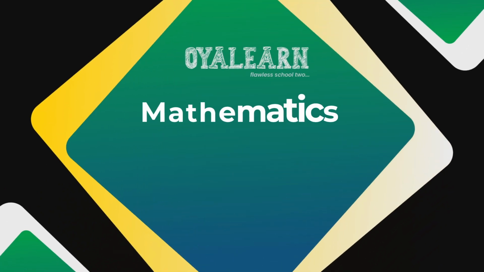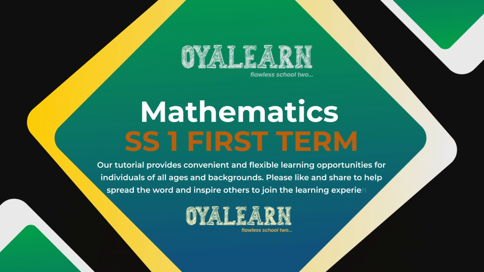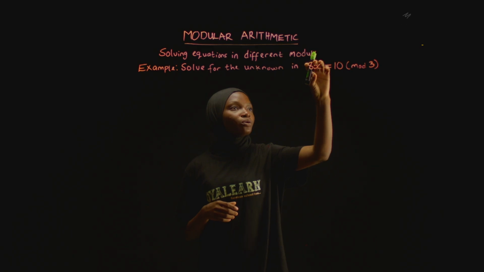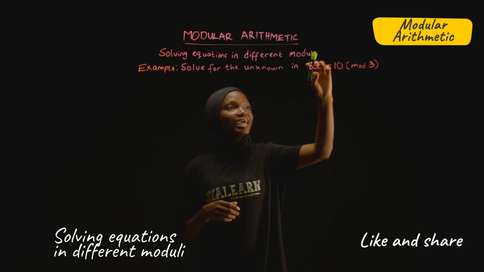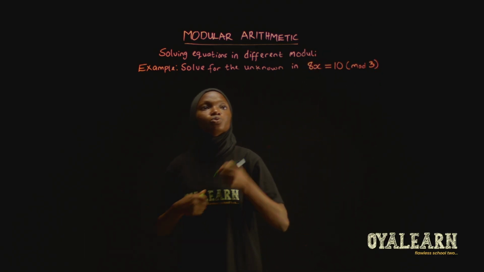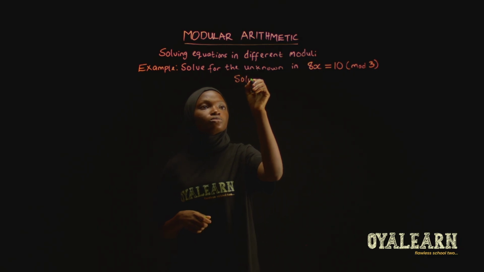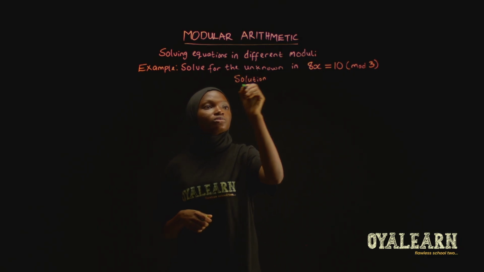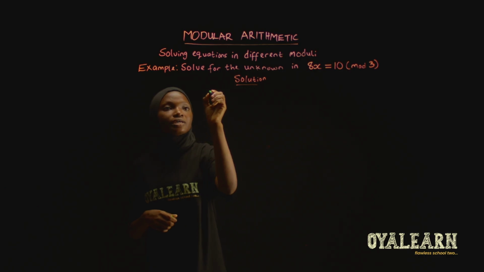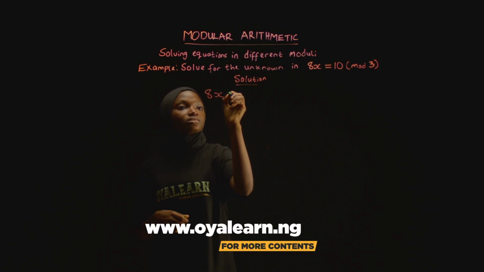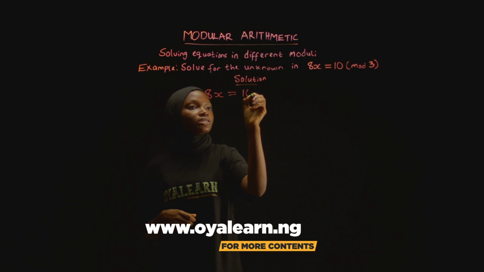Here is another example for solving equations in different moduli. Here we are to find the value of the unknown x in this equation in mod 3. Solution. We write that 8x equals 10